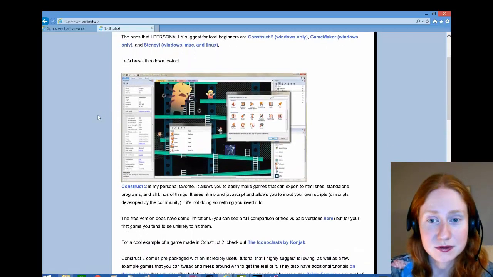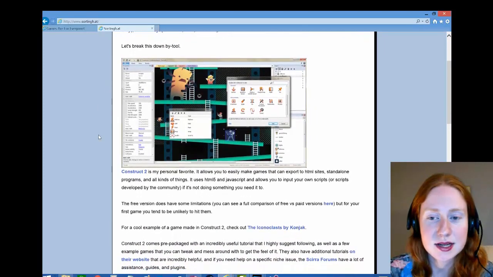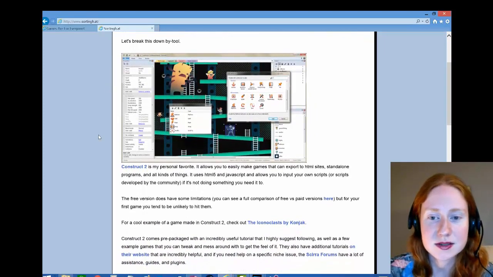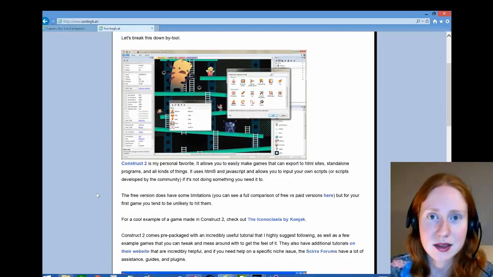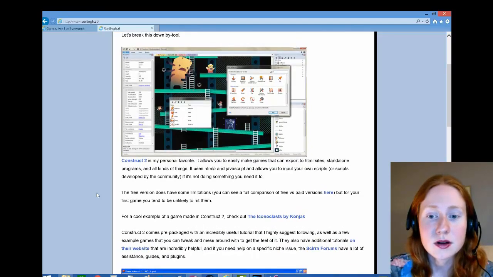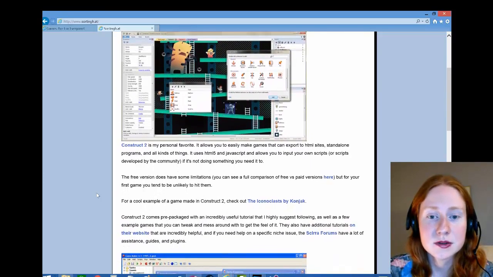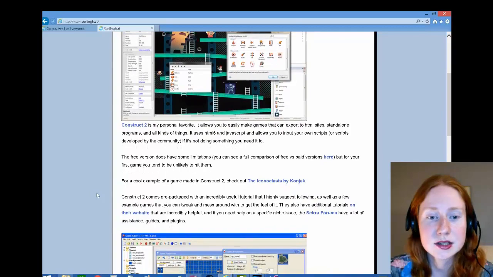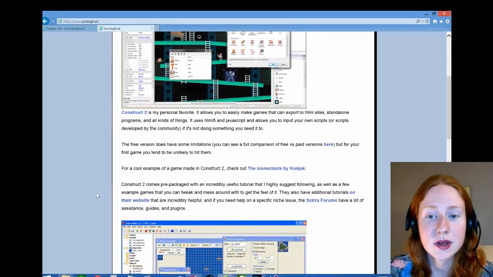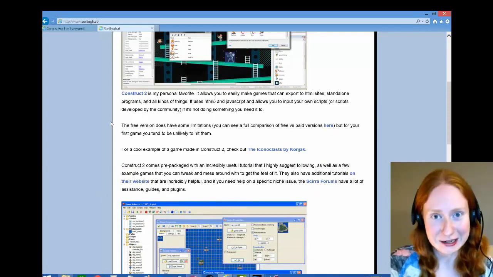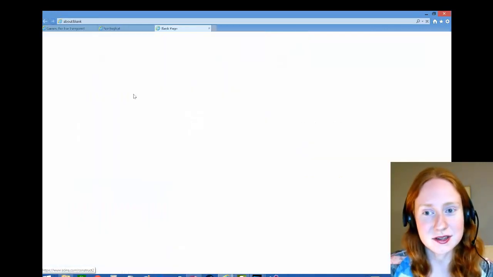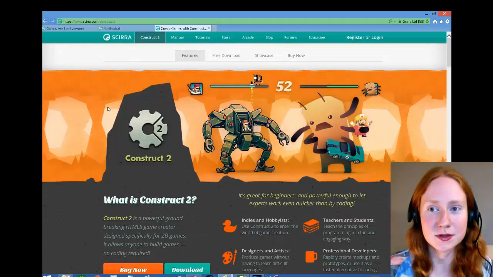Construct2 is my personal favorite. It allows you to easily make games that export to HTML sites, standalone programs, and all kinds of things. The free version of Construct2 does have some limitations, but for your first game you tend to be unlikely to hit them. Construct2 also comes prepackaged with an incredibly useful tutorial that I highly suggest following, as well as a few example games that you can tweak and mess around with to get the feel of it. Alright, enough jibber jabber. Let's click on the words Construct2 and go to